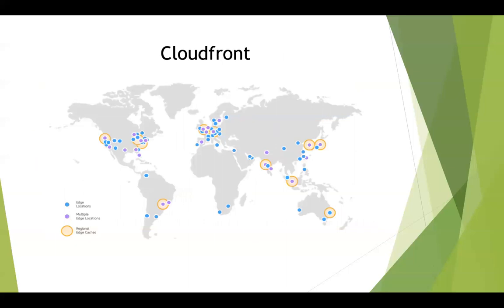We will see how they have implemented a lot of these points of presence across the world. On this region map, you can see that there are edge locations and also multiple edge locations. We would have seen this at the start when we discussed AWS global infrastructure, but just a small refresher. These multiple edge locations are denoted by the purple dot, and regional edge caches are a much bigger cache than an edge location. There are around 11 to 15 regional edge caches, I believe, and the rest are all edge locations.